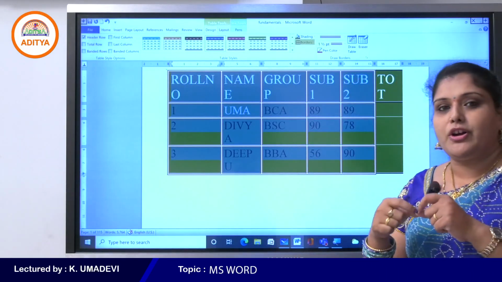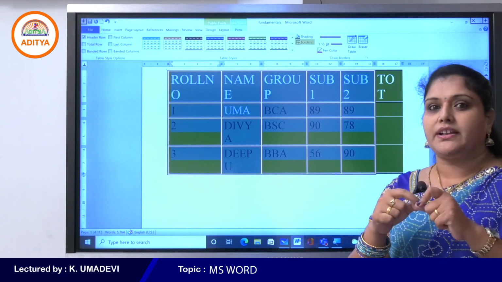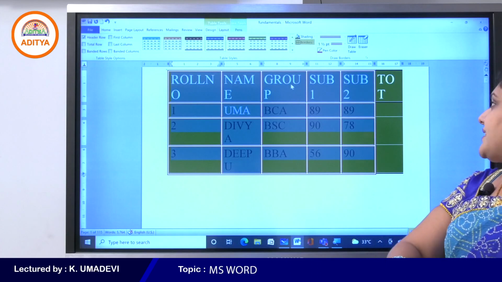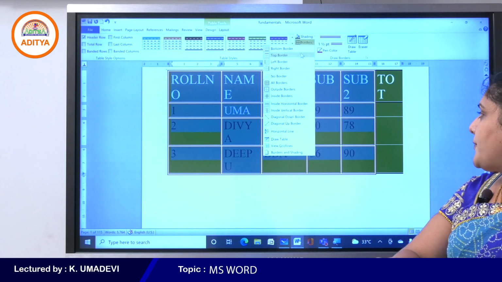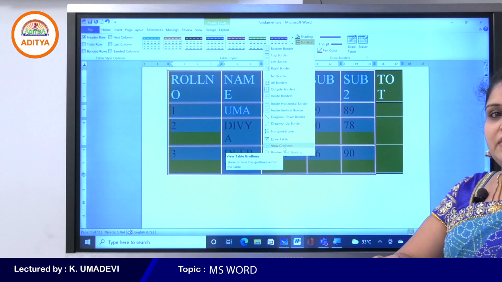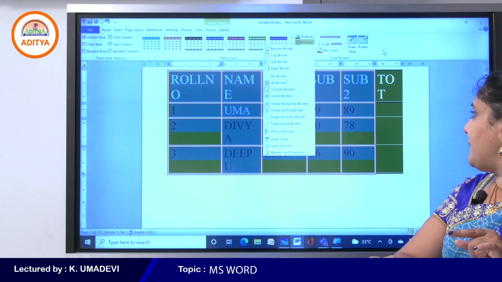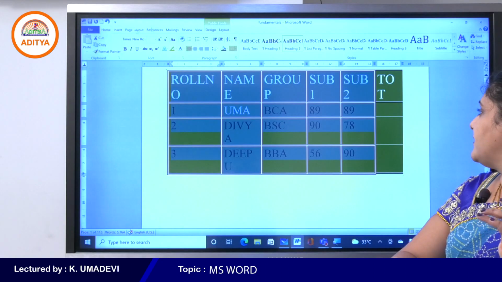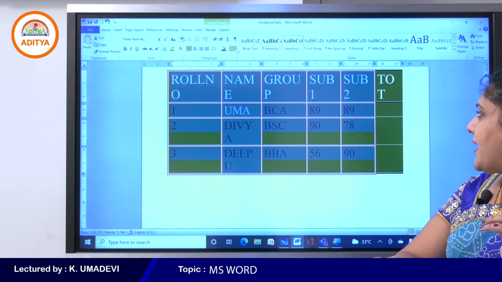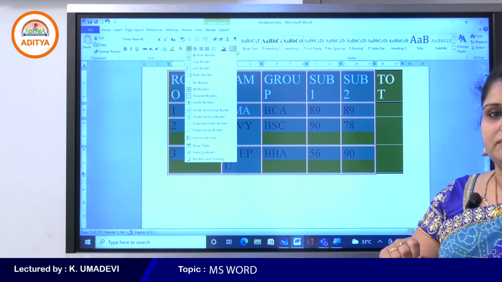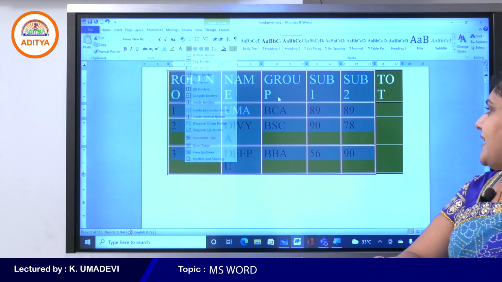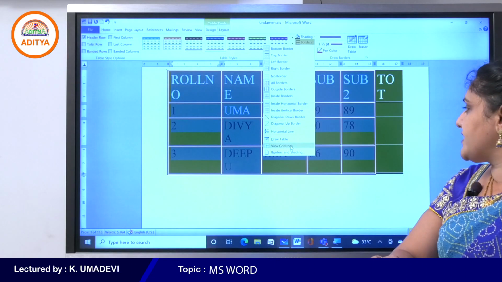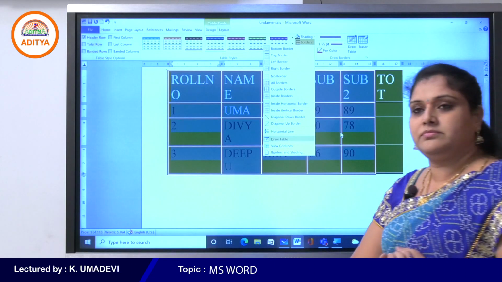See, for example, if you want to apply a border for a particular cell, simply select that cell and then you can go with the borders command and apply any type of borders. This command is already available under the home tab, under the paragraph group. Again the same command is available on the design tab to apply borders for the table. So select any one of the borders. Okay students?